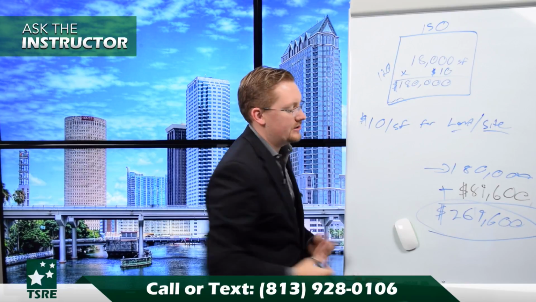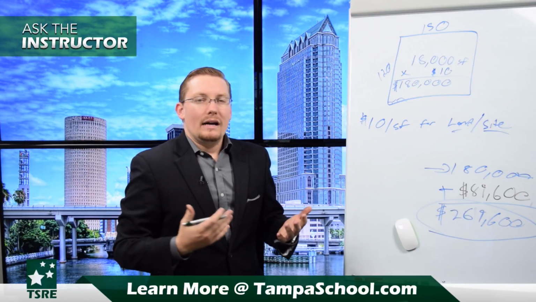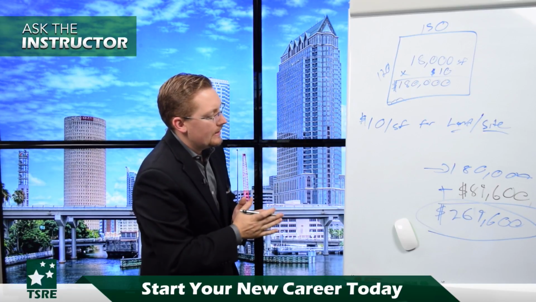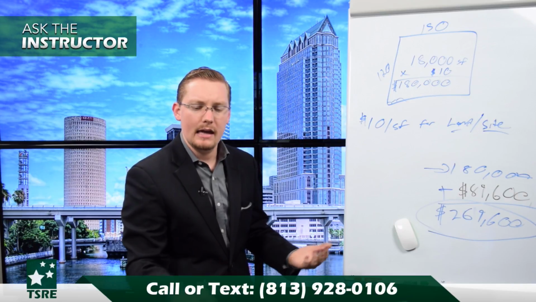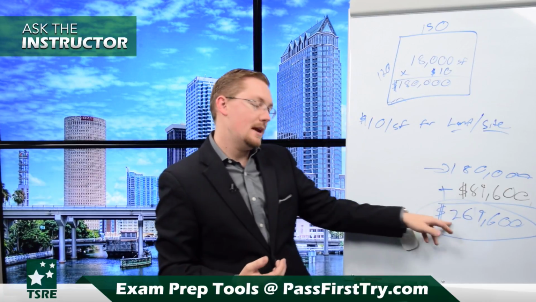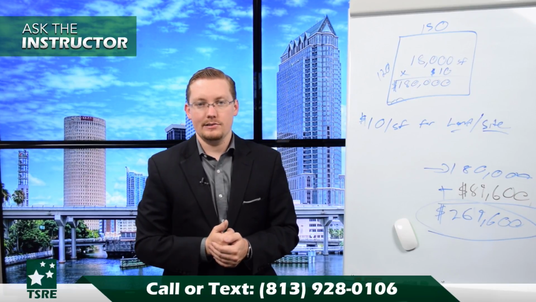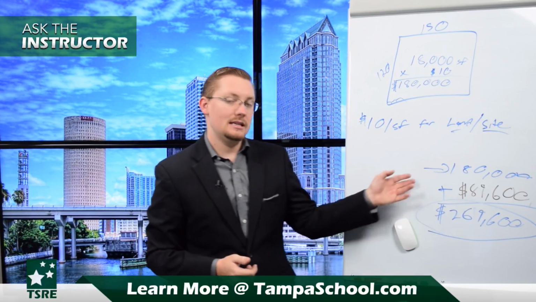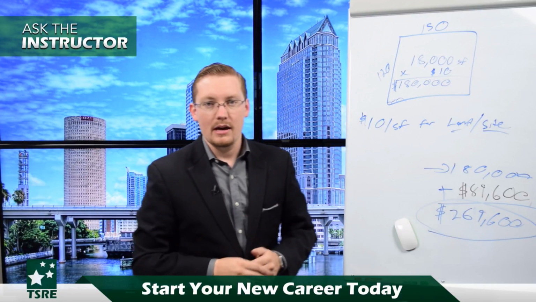So we came up with this value of $269,600. Before we went on the break, we were figuring out what this value is going to help us understand when we're looking at a property. We're talking a lot about these development projects going in the Tampa Bay area, where they're taking these lots. So maybe there's a property that, using the cost approach, is $269,600. And out of that cost approach, we find the building to be worth $89,600. Now, typically, you've got this 80-20 rule that applies. This is just a rule of thumb